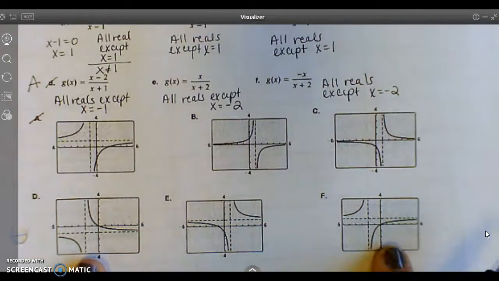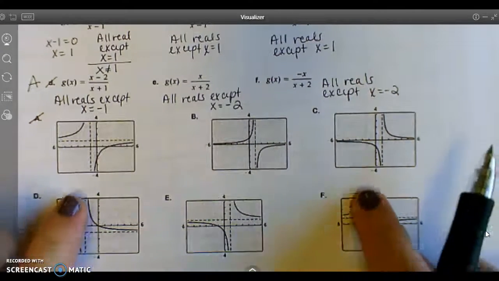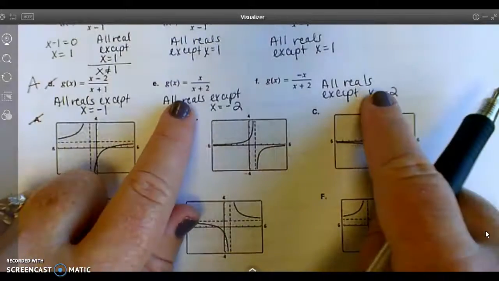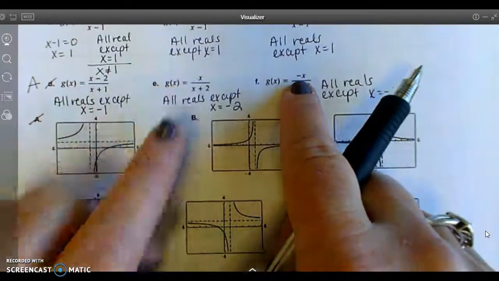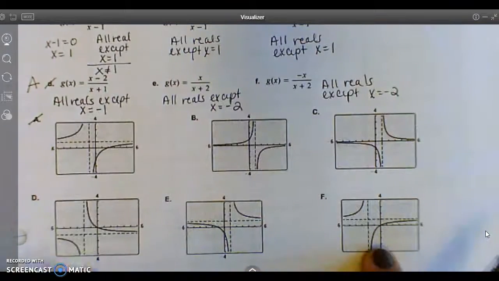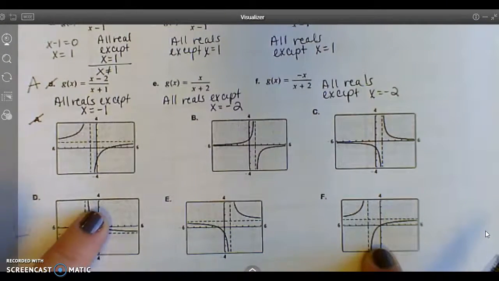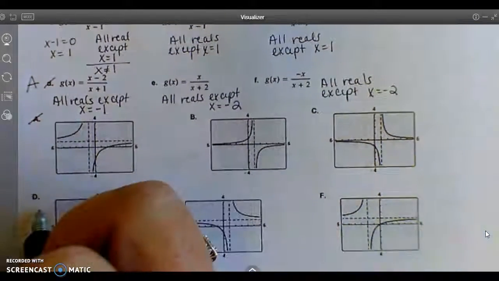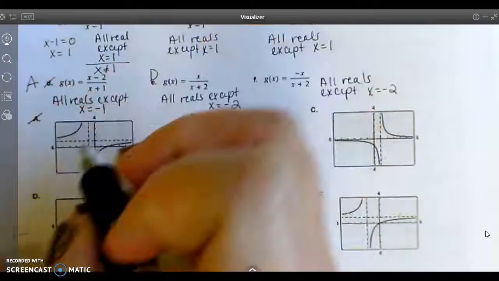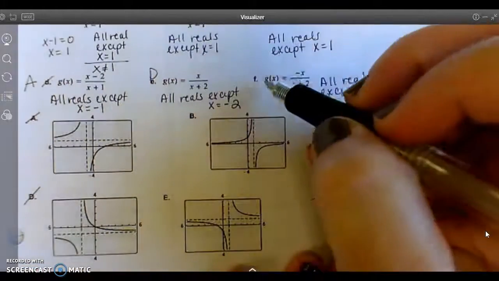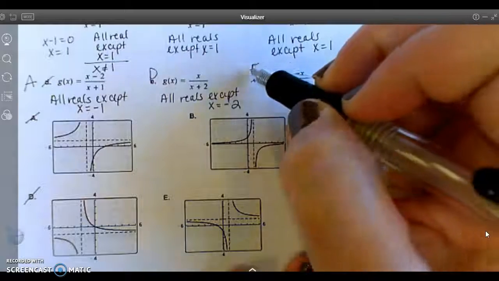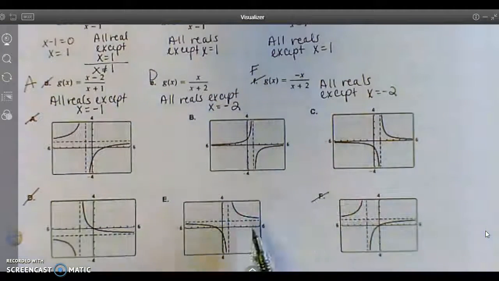These are the x equals -2 ones, because they have that little line there at -2. The only difference in these two is this one has a positive and this one has a negative. The positive ones are going to be this way. So this one is going to be D. And then the negative one goes this way, so this one is going to be F. So I know that we're down to these three. And those three have really slight differences, and you may have to just graph